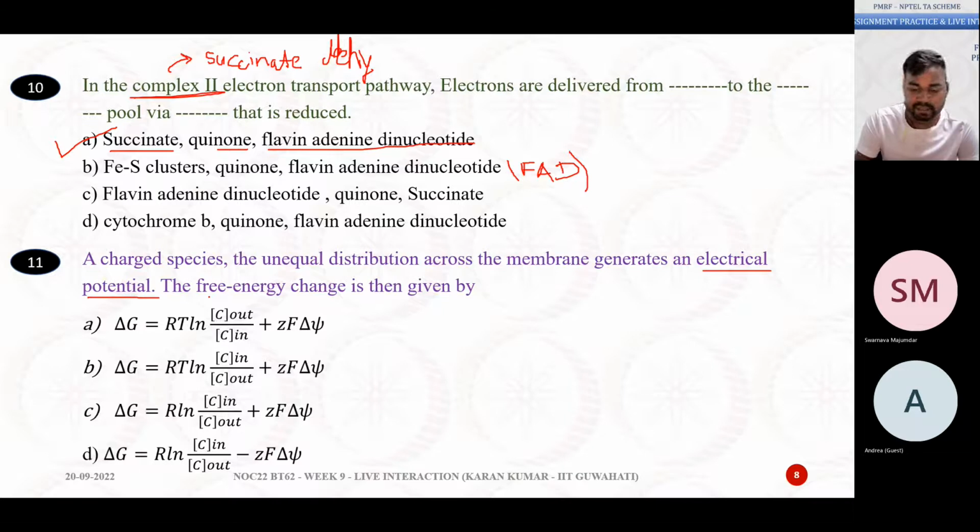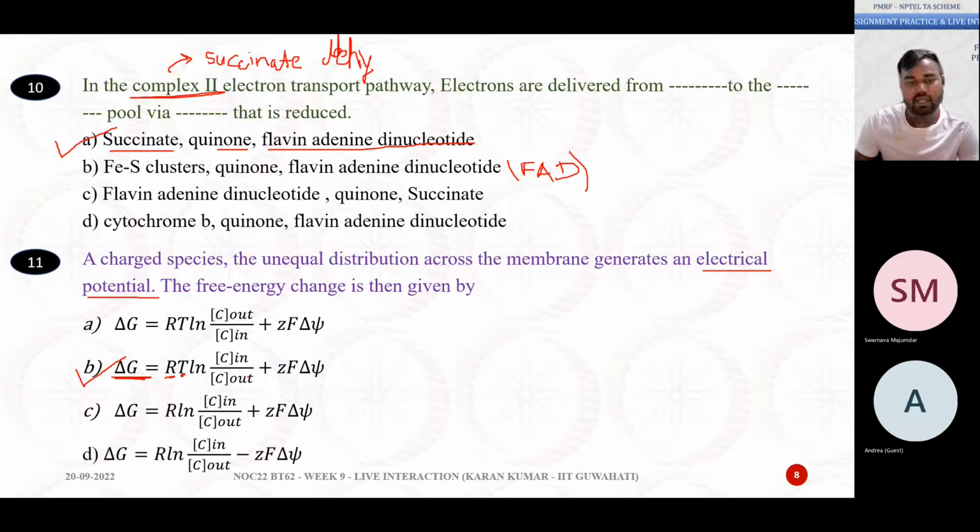Okay, here the correct equation is option B, which is delta G is equal to RT ln concentration in divided by concentration out plus Z into Faraday multiplied by the change in psi. In this equation, delta G represents the change in Gibbs free energy. R stands for the universal gas constant. T stands for the temperature in Kelvin unit, and concentration in means inside the membrane, what is the concentration of